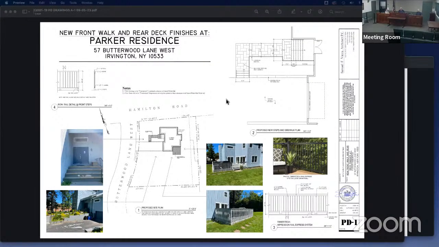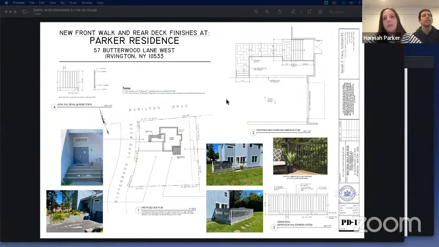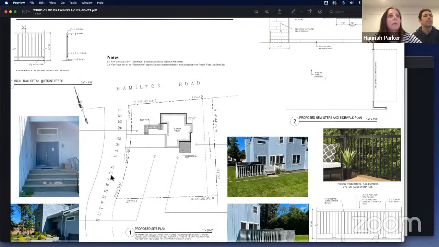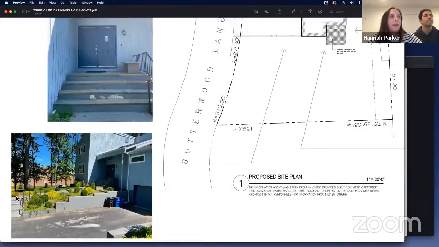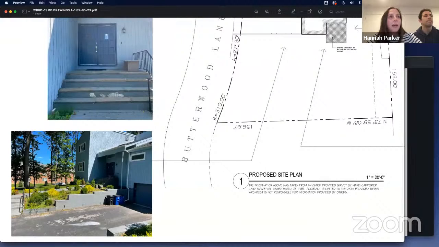So we're presenting tonight to replace the materials in our existing front step walkway and also to replace the materials in our existing deck. I'm happy to zoom in so you can see a little bit more. These are our steps now. These are all wood steps and the wood is deteriorating.